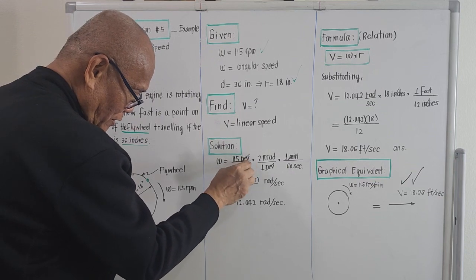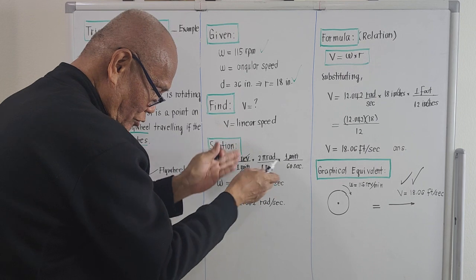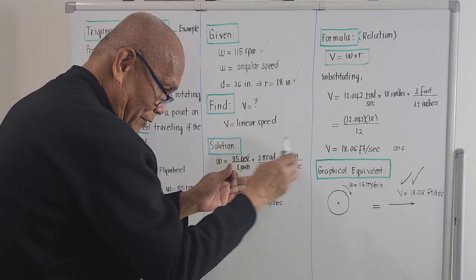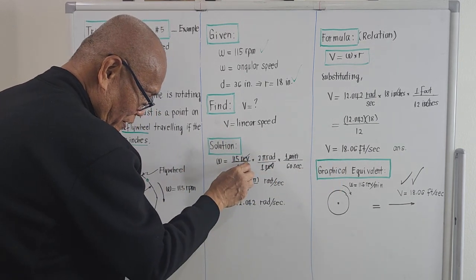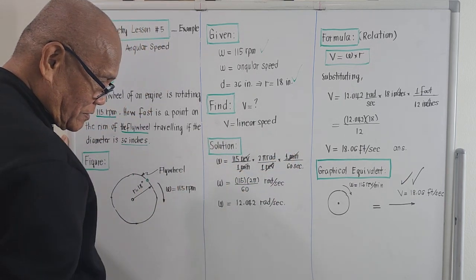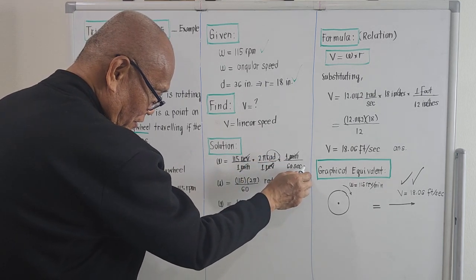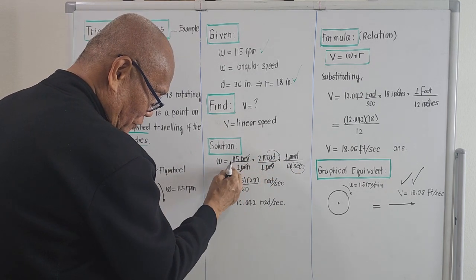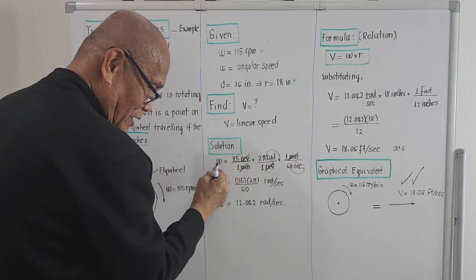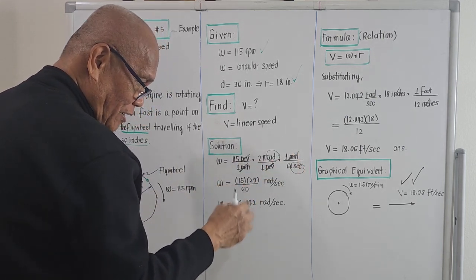This revolution here cancels with this. The operation is multiplication, we are free to cancel. This minute here cancels with this. What remains? This radians here remains. Underneath is seconds. So after this conversion, the overall unit of the angular speed now will be